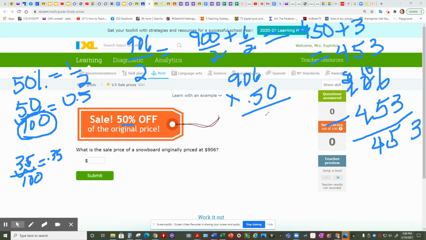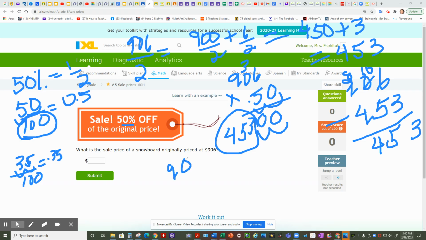So 5 times 6, I will just add the 0 later. 5 times 6 is 30, carry 3. 5 times 0 is 0, plus 3 is 3. And 5 times 9 is 45. And then now I'm going to add the 0. And then how many decimal places? 1, 2. So the discount is 453. And when you subtract it from 906,